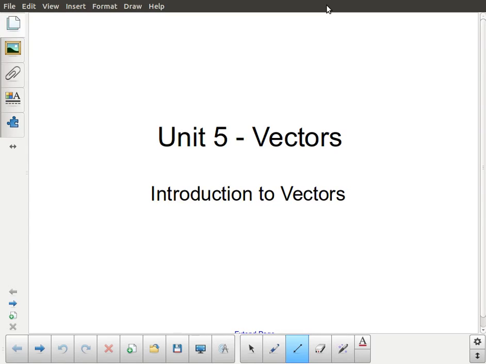In this lesson, we're going to be introducing our new unit and actually an entire new section for the Calculus and Vectors course. So we're going to start by looking at an introduction to vectors. If you have some background in physics, this will start off seeming quite familiar to you, but as we move